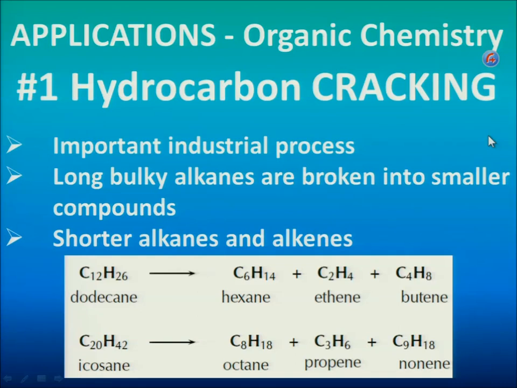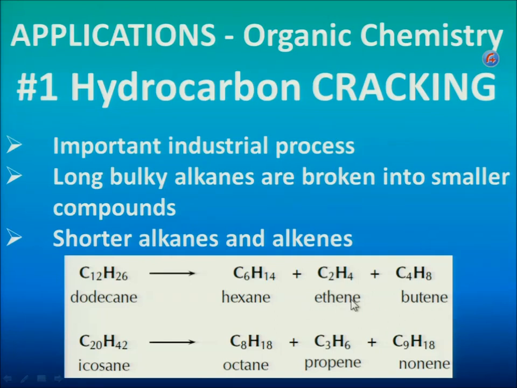Now, in hydrocarbon cracking, it's an important industrial process, and in this process we are breaking up long bulky alkanes into smaller compounds, which is shorter alkanes and alkenes. For example, let's look at dodecane. There's 12 carbons and it's an alkane, only single bonds. Now, if you do hydrocarbon cracking on dodecane, you'll get hexane, ethane, and